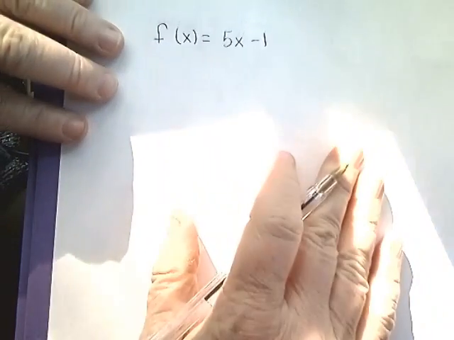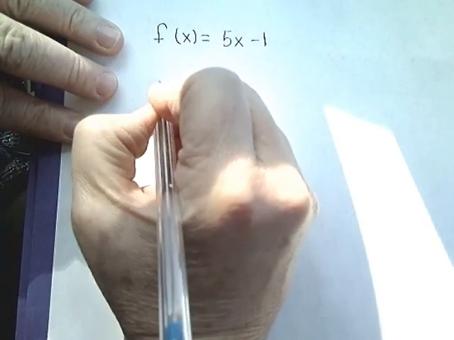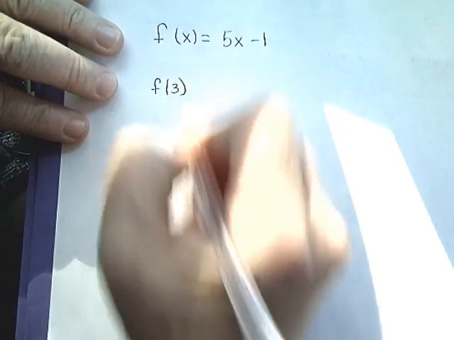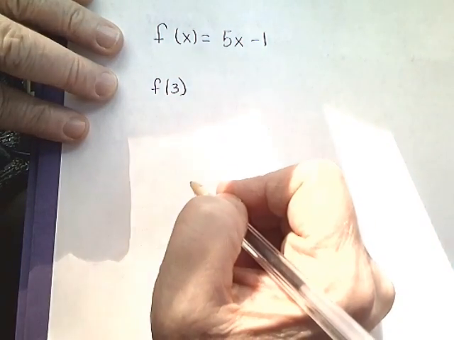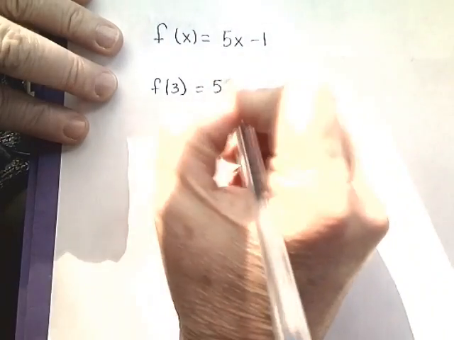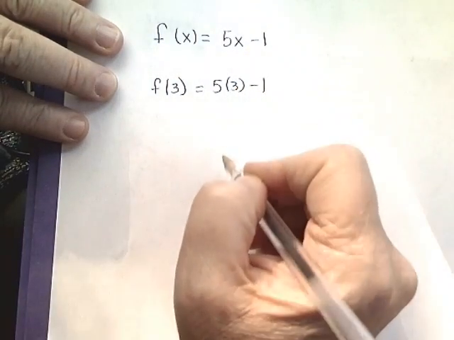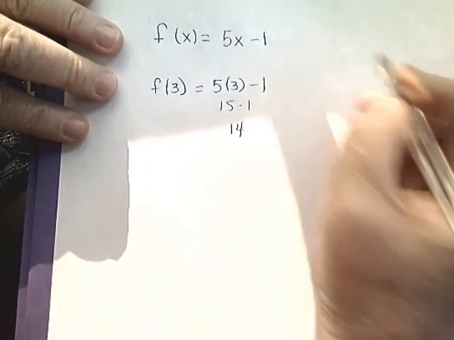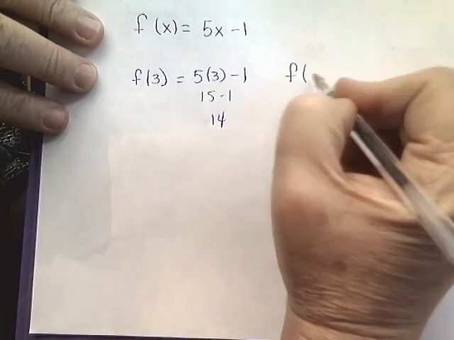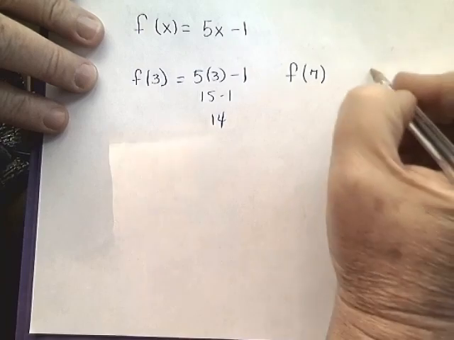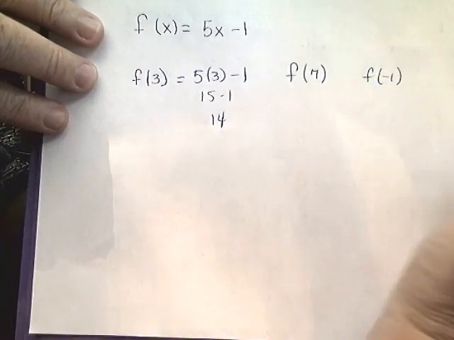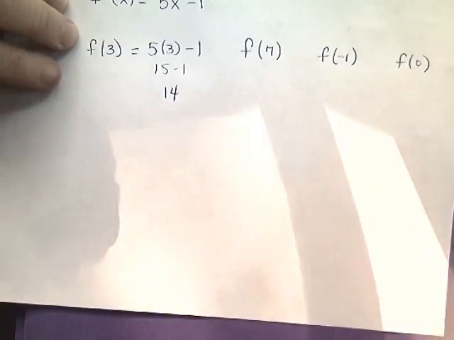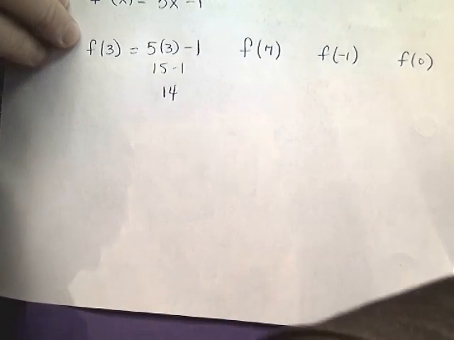f of x is equal to 5x minus 1. I want you to find f of 3. That means you need to plug 3 in place of x and work the problem. 5 times 3 is 15. 15 minus 1 is 14. Now, pause the video and find f of 7, f of negative 1, and f of 0. And then you'll be done and you can go to